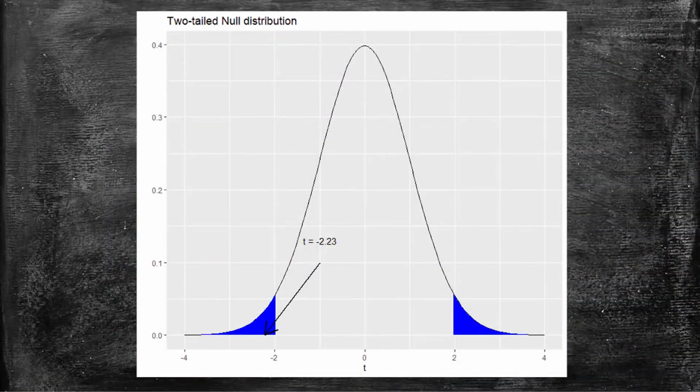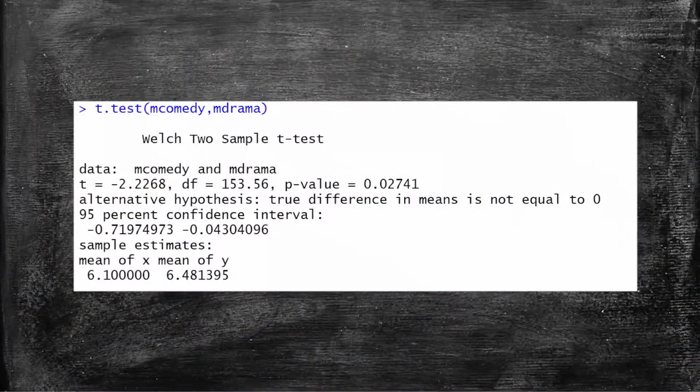Looking here, you can see that for our t-statistic of negative 2.23, comparing it to our critical value of 1.98 gives us a decision to reject the null hypothesis. Given the results of the test here, you can see our p-value is also less than 0.05 at 0.03. Our confidence interval for this test also does not include 0, both further validating that we have a difference between the movie genre ratings. The best way to compare our groups visually is through a bar chart of means.